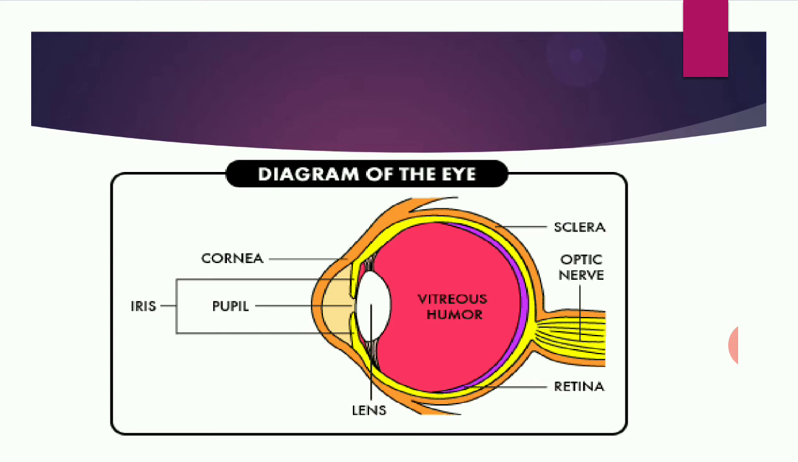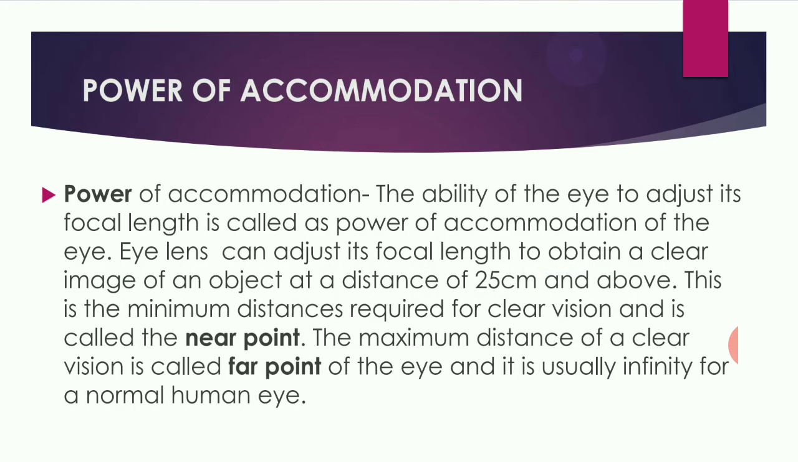Next, power of accommodation. Power of accommodation is the ability of the eye to adjust its focal length. The eye lens can adjust the focal length to obtain a clear image of an object at a distance of 25 cm and above. So the minimum distance required for a clear vision is 25 cm